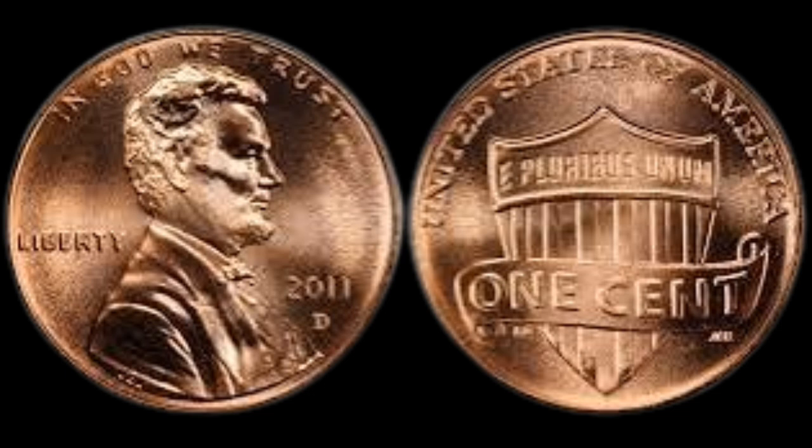odd-looking cent while sorting through rolls purchased from a local bank, and upon noticing the coin's slightly different tone, weight, and luster, he decided to take a closer look using magnification, and what he found would eventually turn the numismatic world on its head, because not only was the coin composed of an unusual alloy never before recorded in production 2011 D cents, but it also displayed a dramatic and undeniable off-center strike, where nearly 30% of the design on